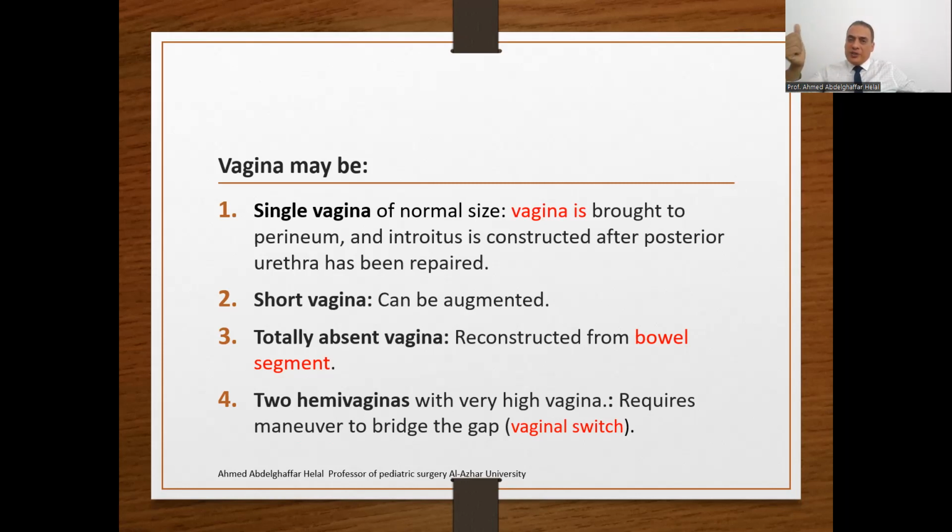Maybe a single vagina, the surgeon may find a single vagina of normal size. In that case, the vagina is brought to the perineum and the introitus is constructed. Very straightforward. Maybe a short vagina, totally absent, maybe 2 hemivaginas. We'll start with number 4,